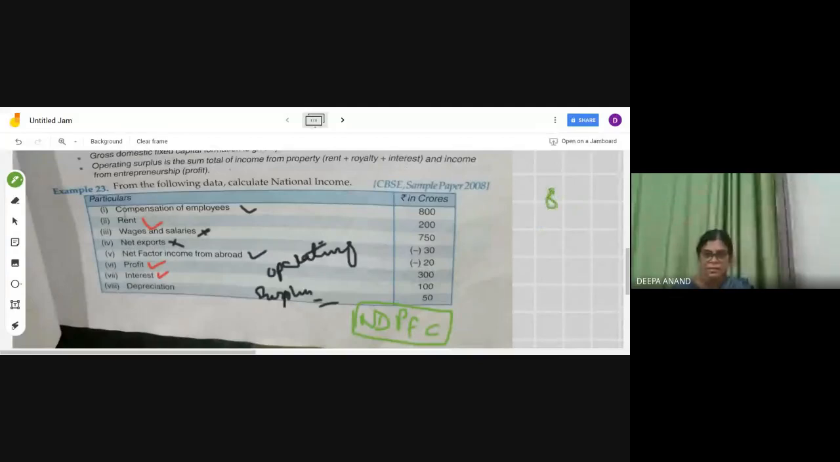So with this, what are the things you have to do? 800 is there, compensation. Then rent, how much? 200. Wages and salaries we will not include because compensation is given. Net export is not needed because net factor income from abroad is given. Profit and interest: profit is 300 because it's a part of operating surplus. Interest 100. Compensation is done, operating surplus is done. Mixed income is not given. And with this, net factor income from abroad should be added. So minus